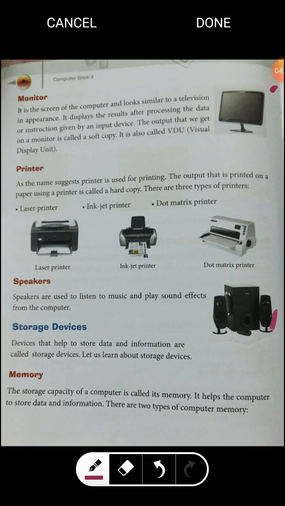Then we have the inkjet printer. Inkjet printing is a type of computer printing that recreates a digital image. It recreates a digital image by propelling droplets of ink onto paper and plastic substrates. Inkjet printers are the most commonly used type of printer, and they range from small inexpensive consumer models to expensive professional machines.